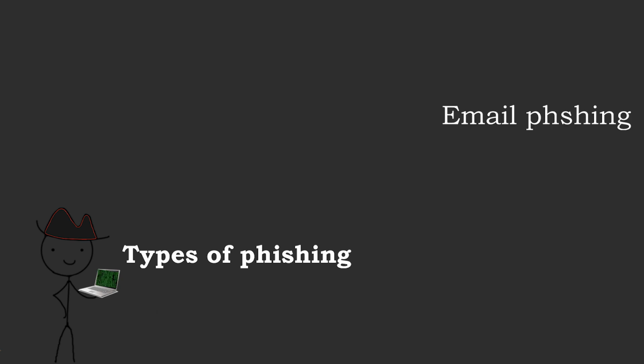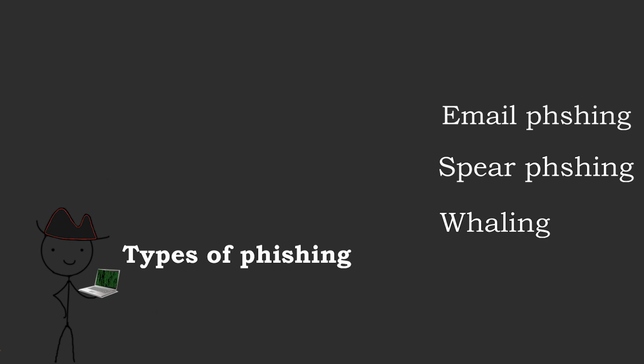Right, there are several common types of phishing you should be aware of. Email phishing targets a broad audience using generic messages. Spear phishing, that's highly targeted and personalized. Whaling focuses on high-value individuals such as executives. Smishing uses SMS messages. Vishing relies on voice communication. Each method adapts the same principle: manipulation of human behavior.